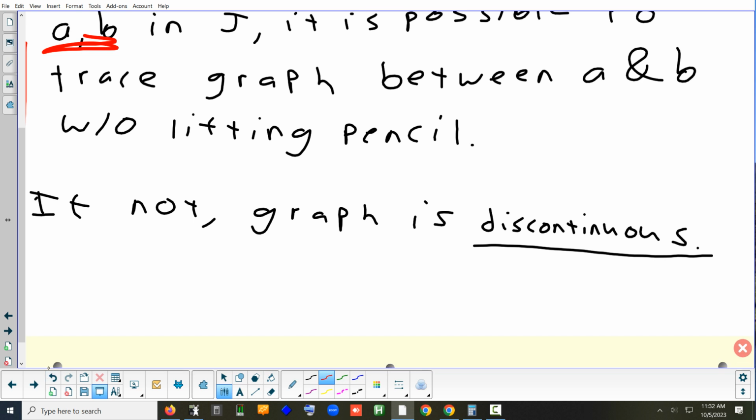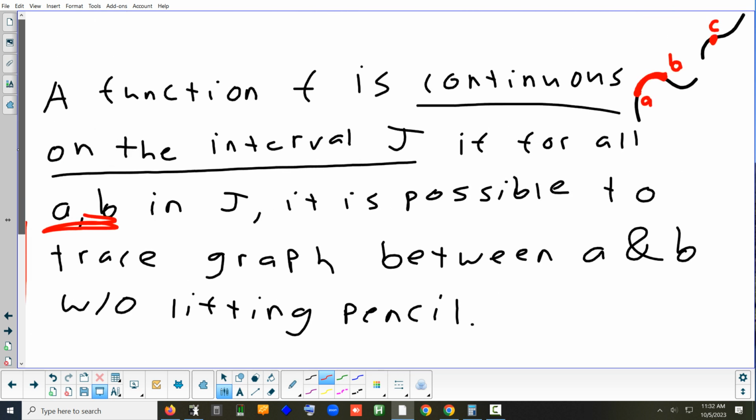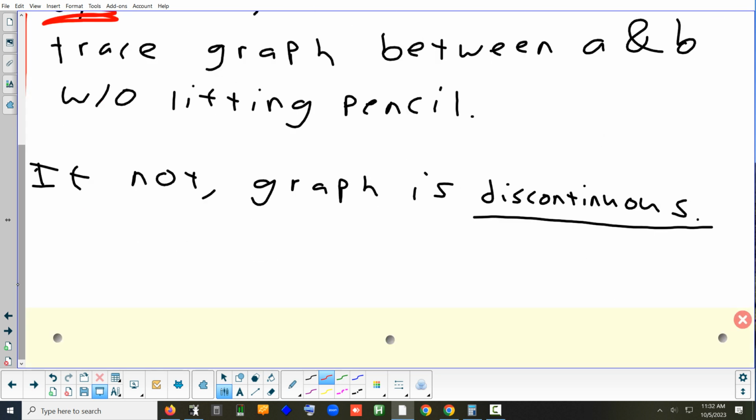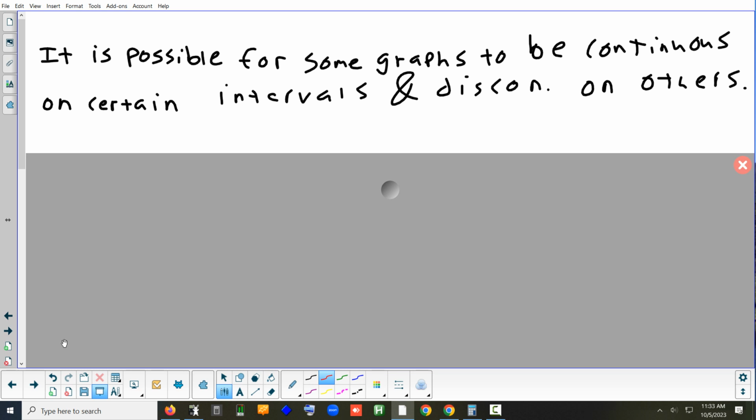So if a section is not continuous, well, the opposite of that we say is discontinuous. So interval from A to C, discontinuous. B to C, discontinuous. A to B, continuous. So those are opposites, continuous and discontinuous. Can't be both. So just like I showed you on the last picture, you may draw a picture and be able to find